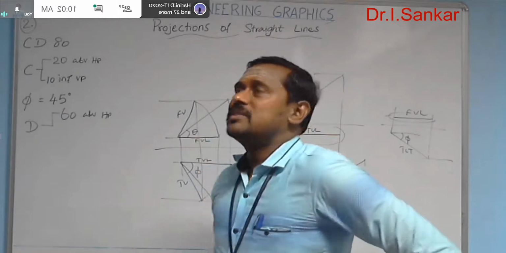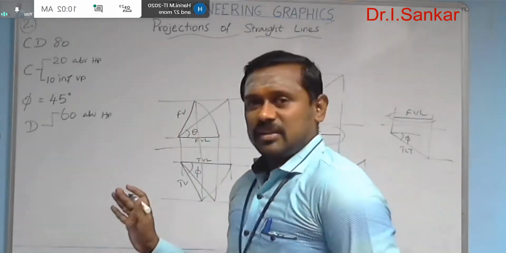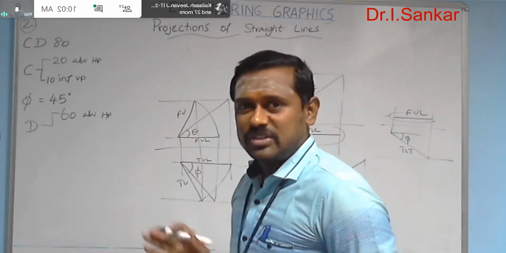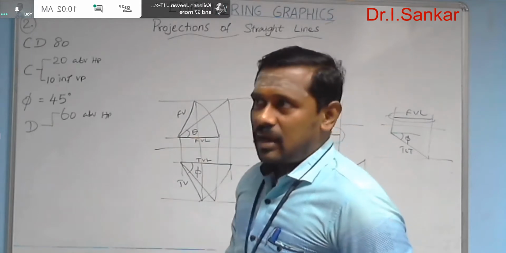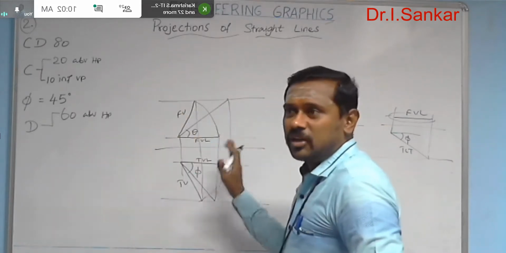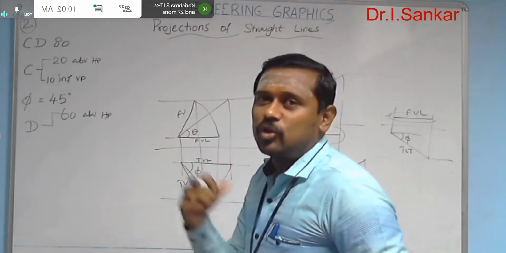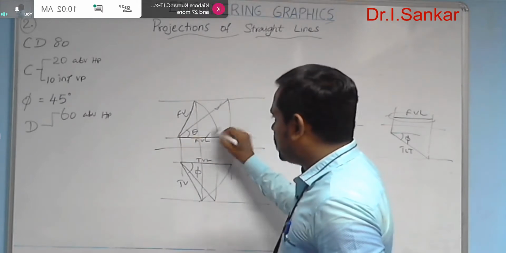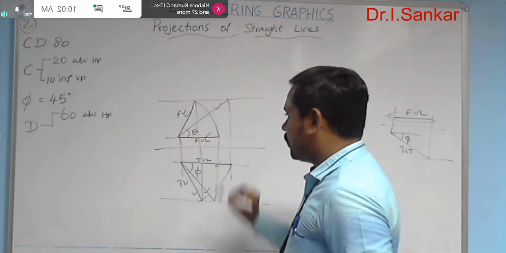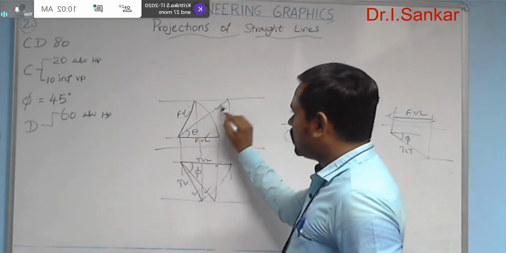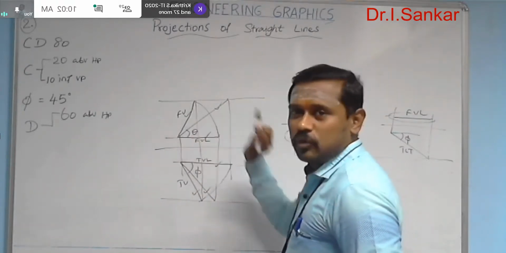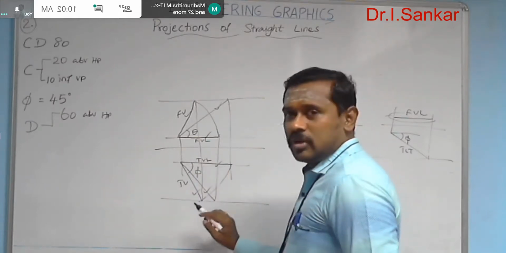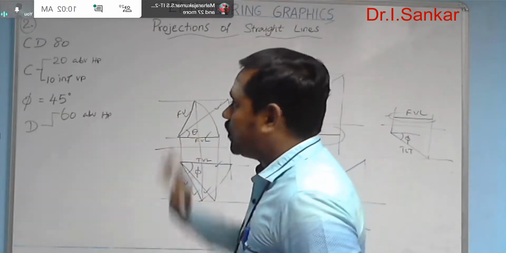But now the problem is, instead of having the basic data, some data are hidden and some additional data are openly given in the question. So with that available data and with the knowledge and the basic template, you need to bring out the unknown things here. At the end of the answer, you have to provide 3 lines in the front view and 3 lines in the top view. In the front view, true length line, front view length line, front view. In the top view area, true length line, top view length line and a top view. Once you provide these things, then all the remaining things will be obtained.